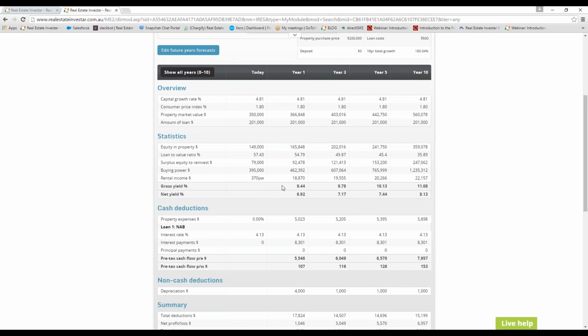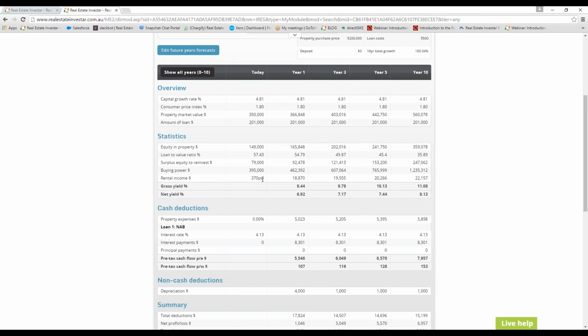Now, if the next property you wanted to purchase was going to be $600,000, then you'd need to wait till year 3 for the equity to grow in your property to enable you to purchase something around the $600,000 mark. We've got the rental income here for